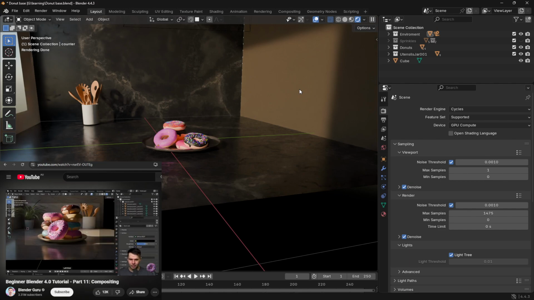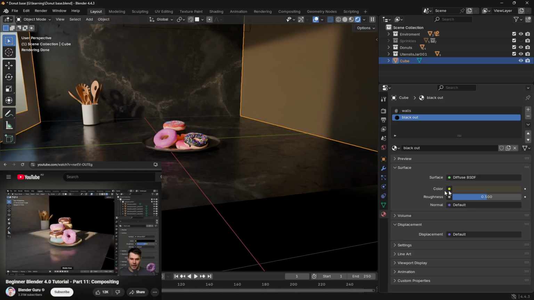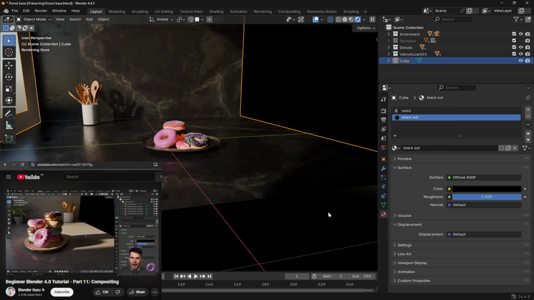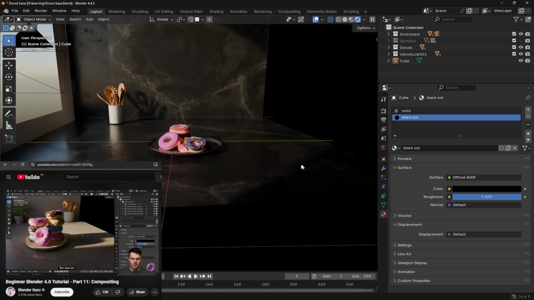Let's just drop the value to 0. So there is now no light coming off of that wall. It is a black void, which is actually pretty, I mean, that's like a photographer holding up a black fill card next to a face. And instead,